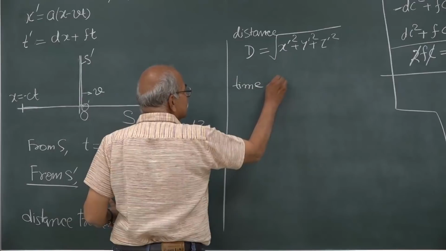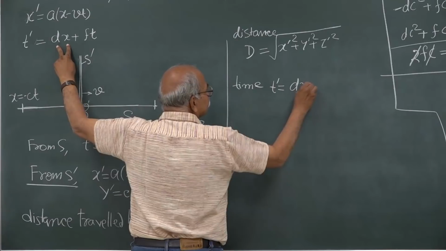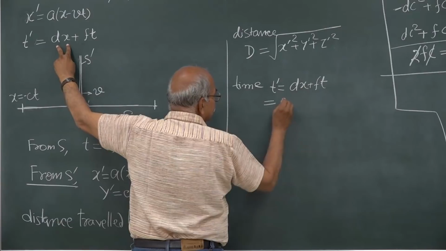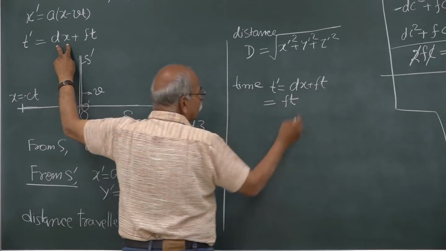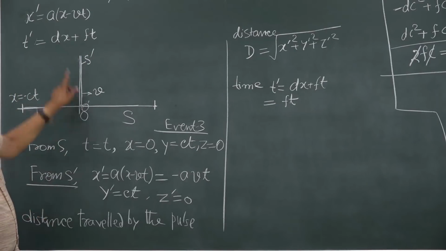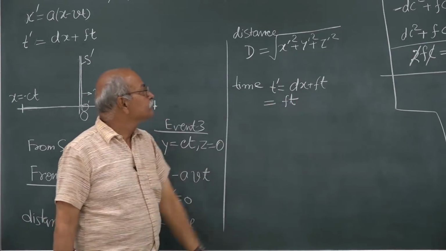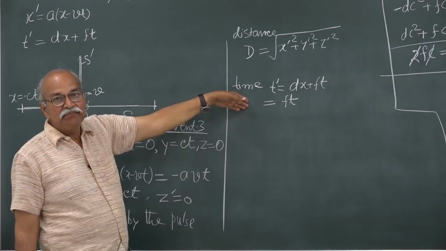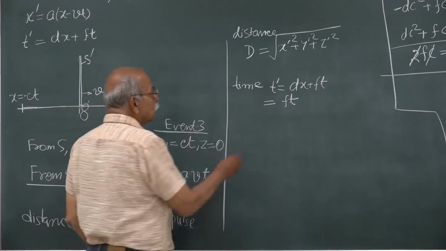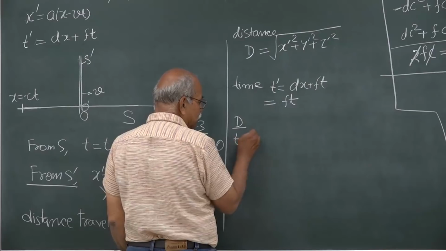So, time t prime is given by d into x plus f t, and x is 0, so it is f t. T prime is d x plus f t, and for this event x is equal to 0. So, I put x is equal to 0. So, t prime is f t. So, distance by time is the speed of that light in S prime. So, that should be c. So, d by t prime, that should be c,